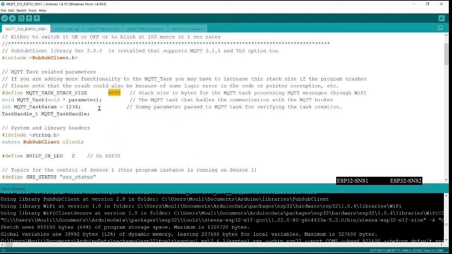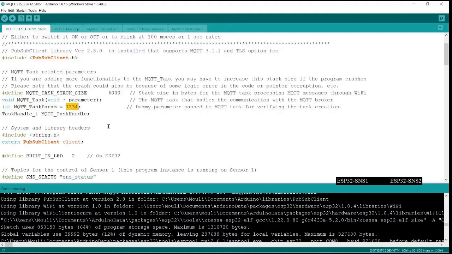Now, how do you know that the stack size is growing? Suppose you are changing the code that I'm giving, you may add some more functions or multiple invocations to add more features. In that case, the stack may grow as the function depth increases, and then you may get into trouble. So you need to be careful about it.